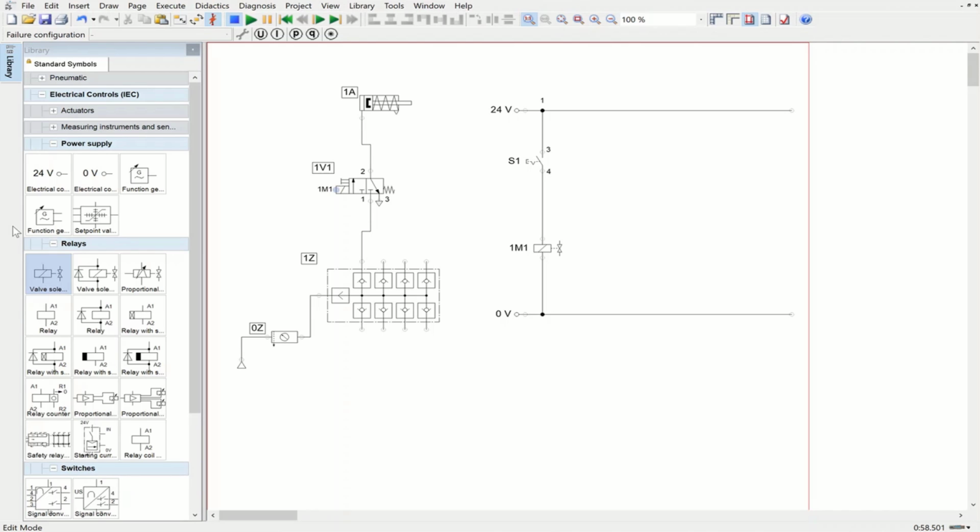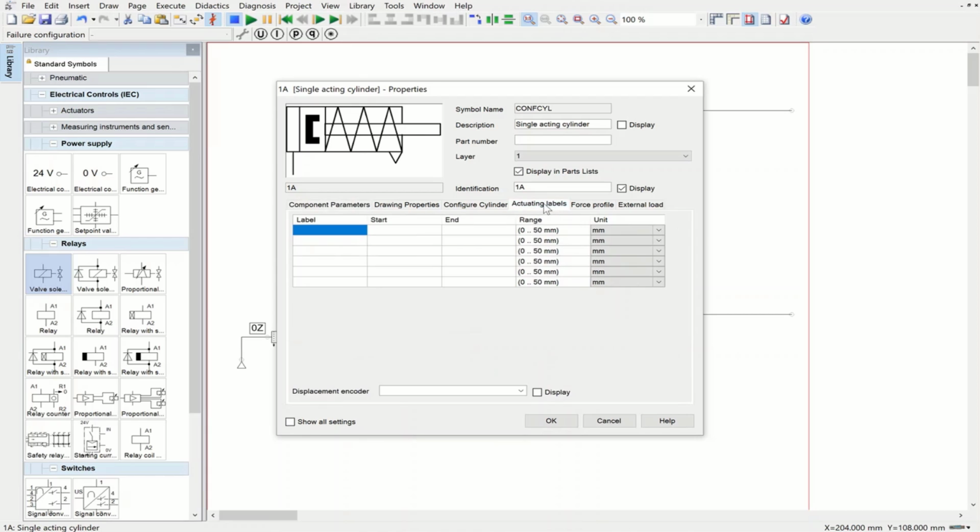So in order to design that circuit, we need to use make switches, and a make switch can be connected to that specific position. But before that, we should label those positions inside the single acting cylinder. So that is what I'm going to do here. I'm going to label two positions. Let's say I'm going to call this 1S1, and that is going to be the starting position for me. Or I can call it 1S2, let's say 1S2, and I'm going to call this one